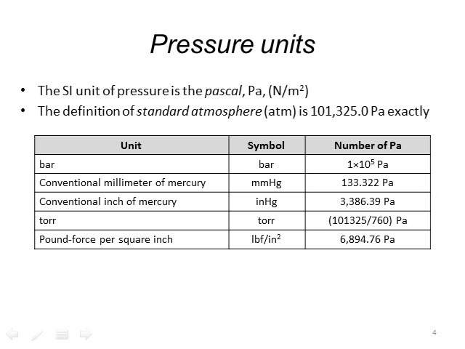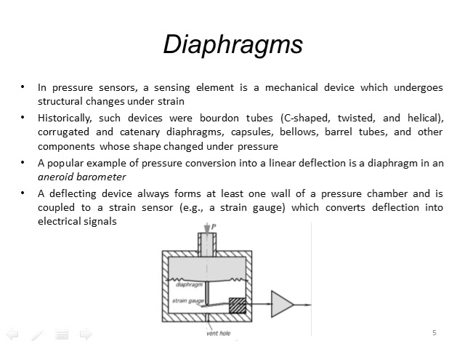So be careful which units you're using and how you're defining pressure. One of the most common ways to measure a pressure difference, both pneumatically and hydraulically, is with the use of a diaphragm. And the diaphragm will have different pressures between the bottom and the top of the diaphragm, which causes a deflection, and then we typically measure a deflection